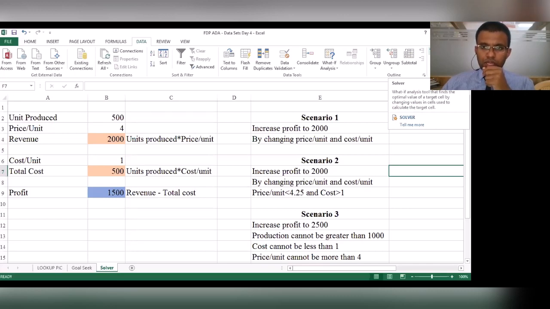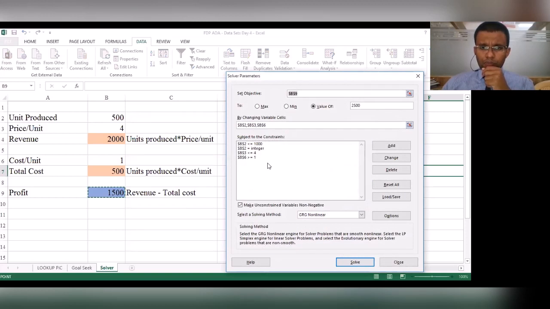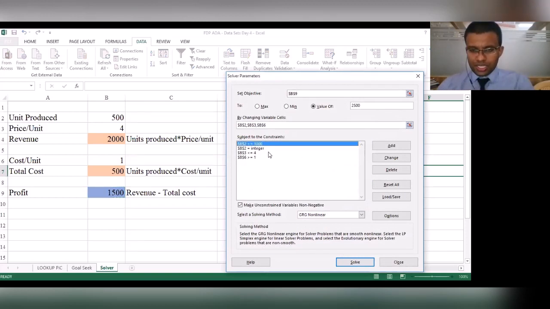Now click on this. Once you click on this, you would get a pop-up window which looks like this. In some cases you may have some options pre-filled.